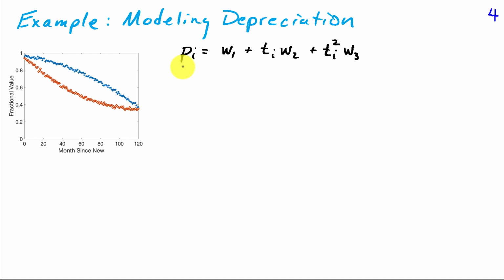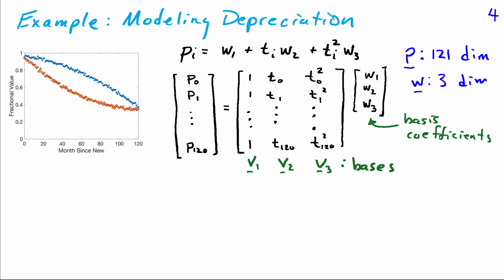So we decide we're going to model the fractional value, p, as a function of time as W1 plus Ti times W2 plus Ti squared times W3. So we're going to describe this as a constant term plus a linear term plus a quadratic term. So I can take all 121 measurements from the 121 months that I have data on a particular vehicle and find a model for this vehicle that's quadratic by saying that price values are equal to this matrix times some